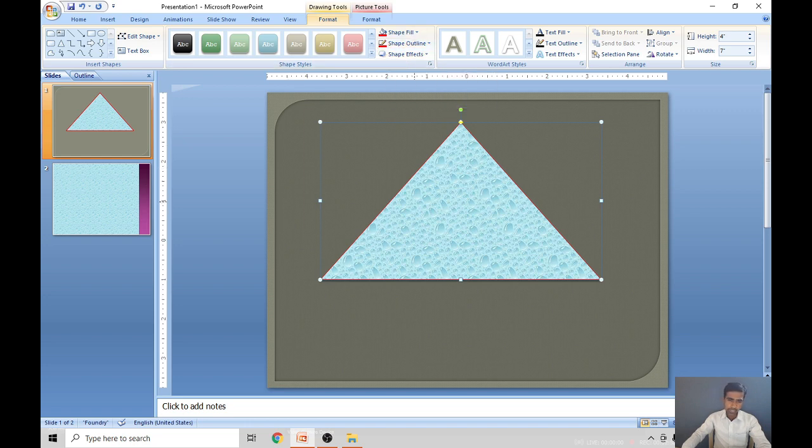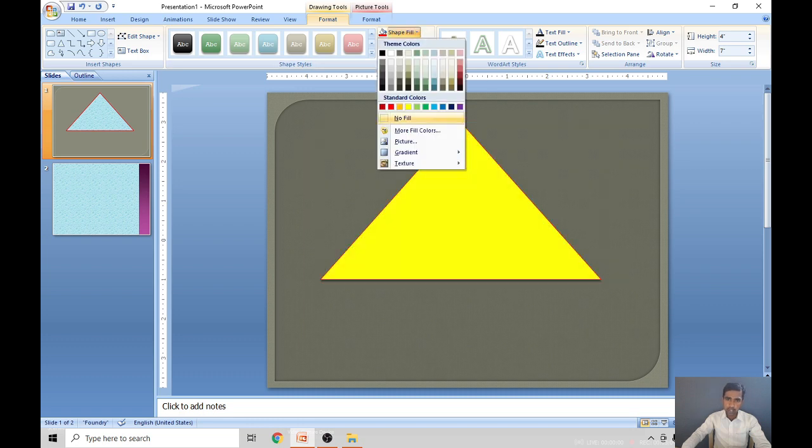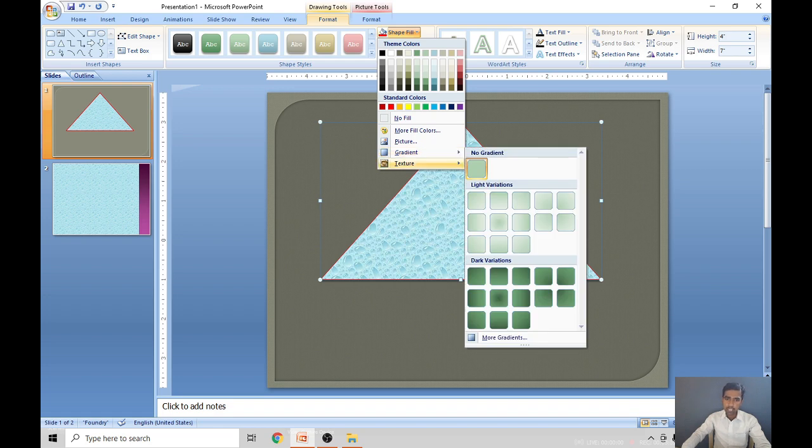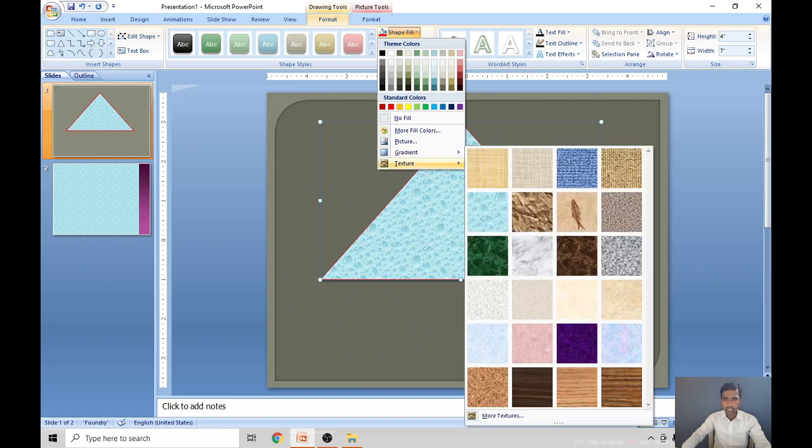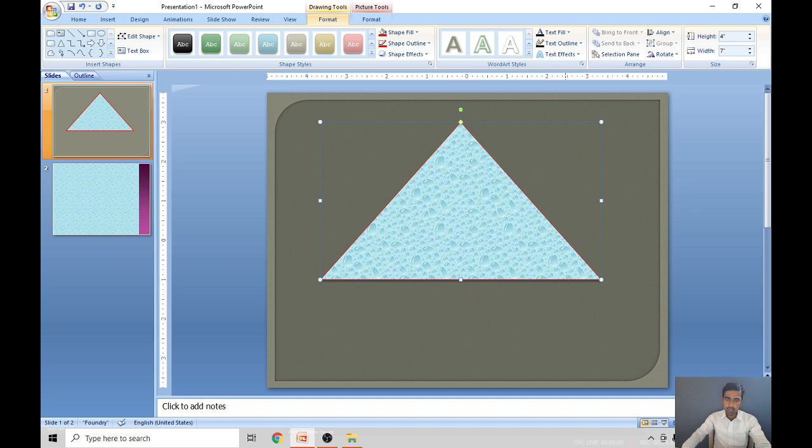You can insert the shape, you can fill any one single color in the shape, or else you can fill a picture in the shape, you can fill a gradient in the shape, you can fill a texture in the shape, and you can make an outline for the shape also. This also you can do. So this will be helpful in making the mathematical projects, right children? Understood? So that is using fill effects.